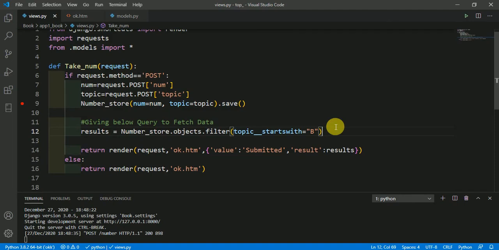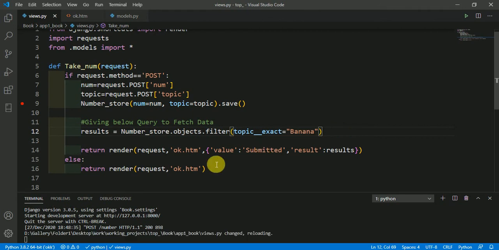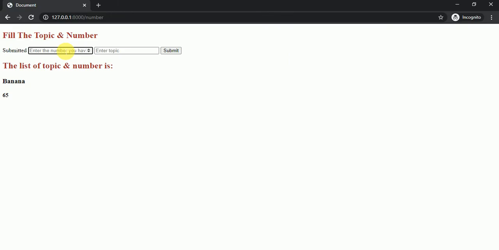Suppose we have lots of data and we want to fetch the data with the exact term. So we could use the exact keyword here. Suppose I want data in which the topic is exactly banana. Then you could write this and save it. Okay, I'm typing 5 here.